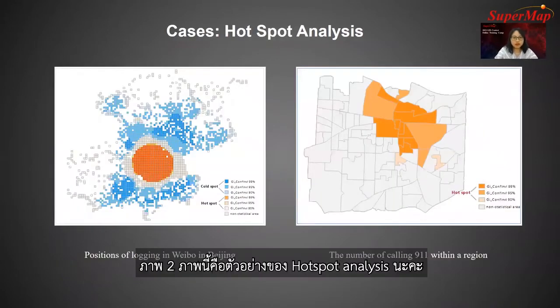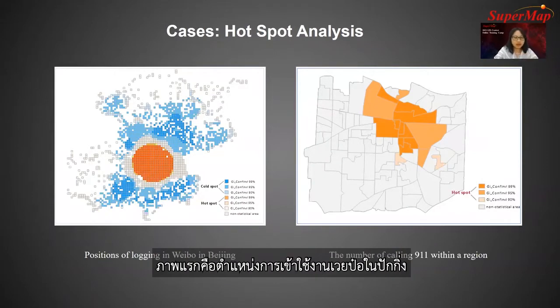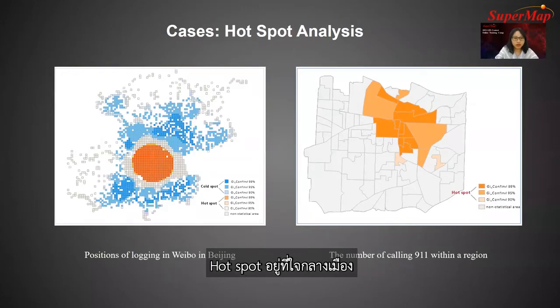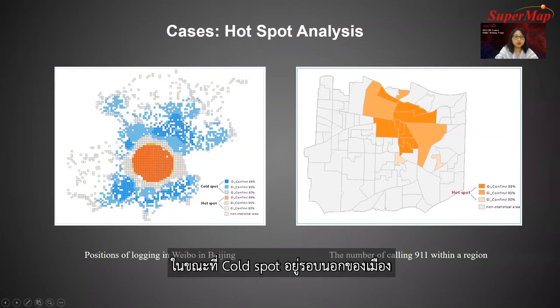And here I list two cases of hotspot analysis. The first one is the statistic map of the positions of logging in Beijing. Here we can see the hotspot is almost in the center of Beijing, and the cold spot is around the